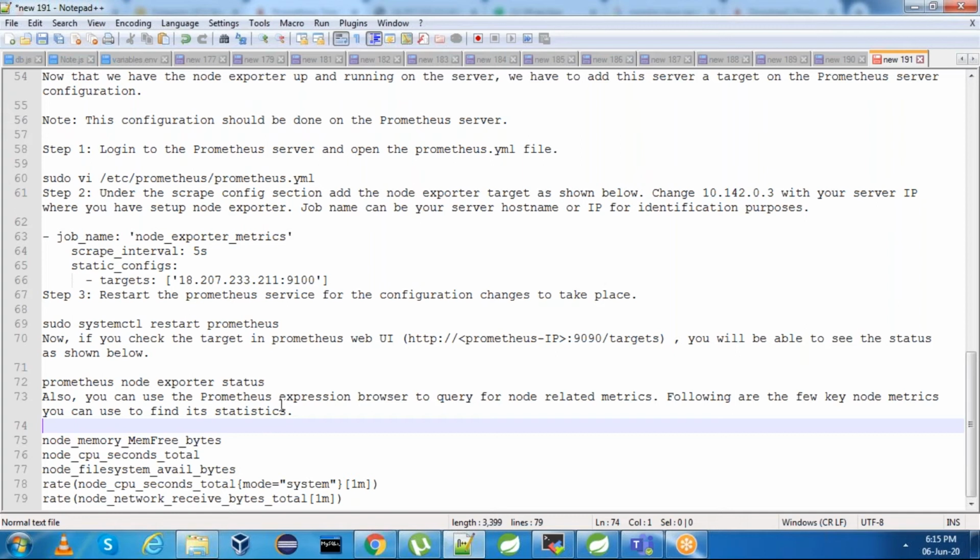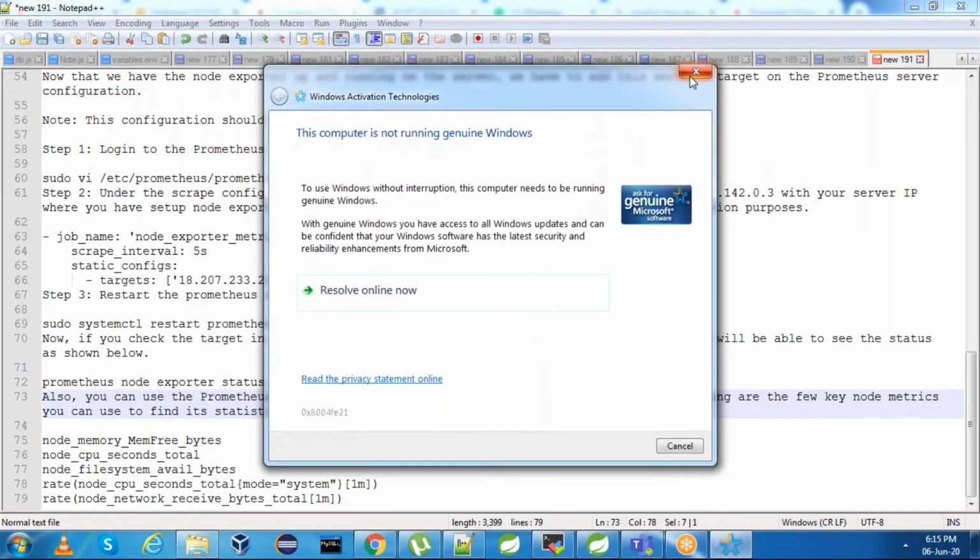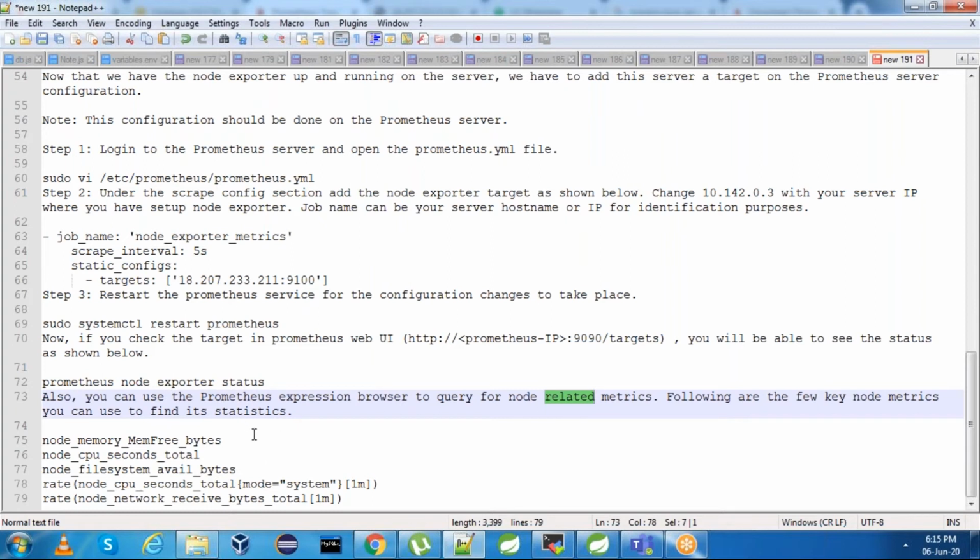If you want to query for node related metrics, you can use the node metric names. If you want to see memory free bytes, go here.